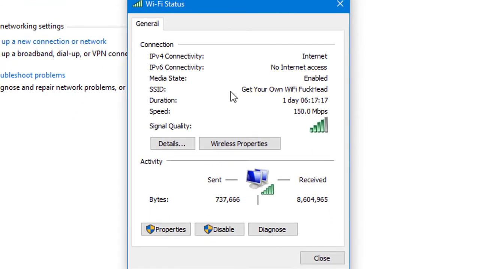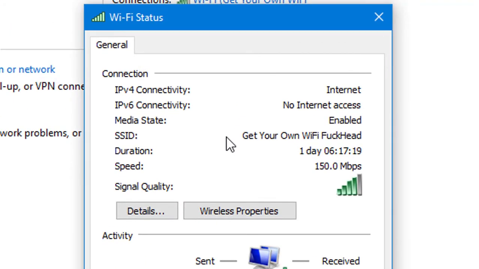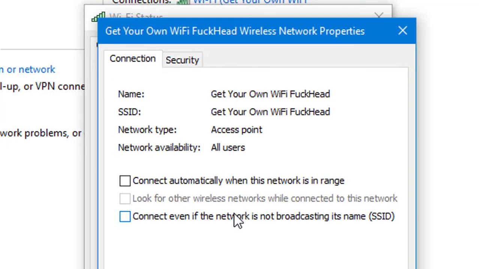Now you will see a little window appear. Head over to the wireless properties from here. Now you will see another tiny window pops up. Now you need to go to the security tab,